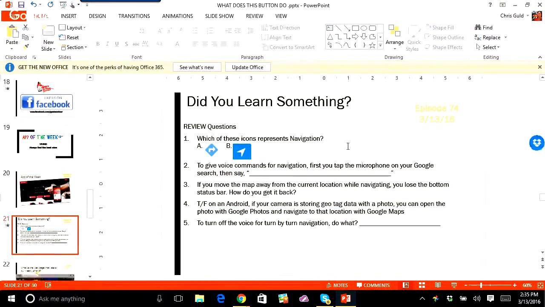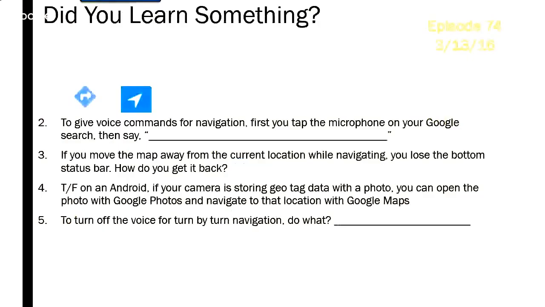Which of these icons represents navigation? The answer is B. A is just for directions, different from navigation. To give voice commands for navigation, first you tap the microphone on your Google search,